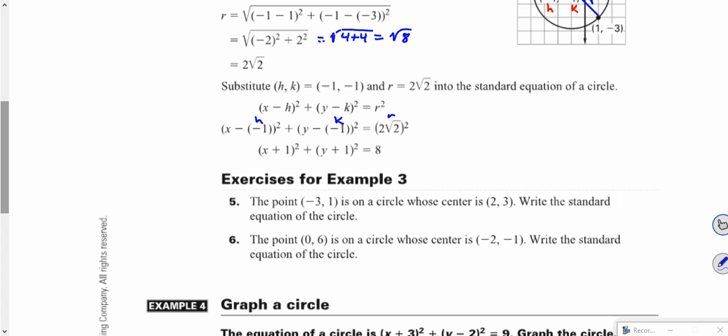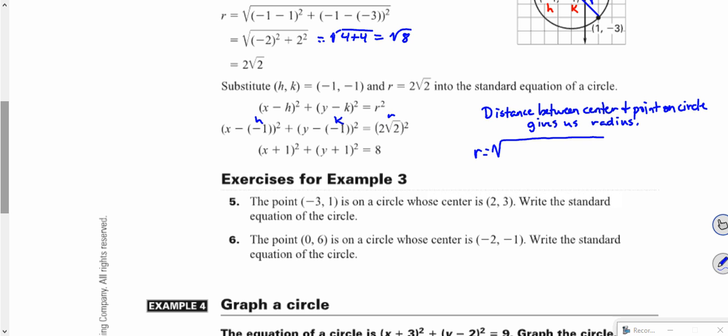So let me write: distance between center and point on circle gives us radius. So r equals square root of,